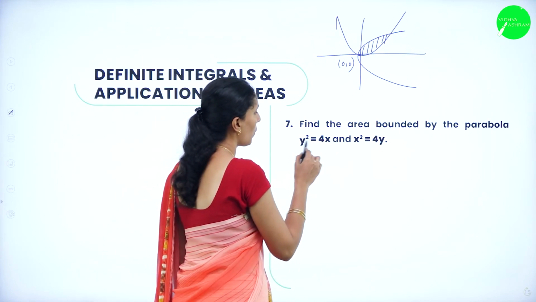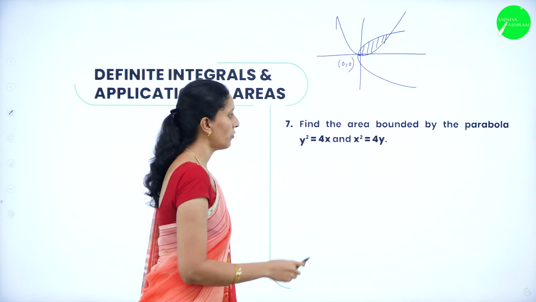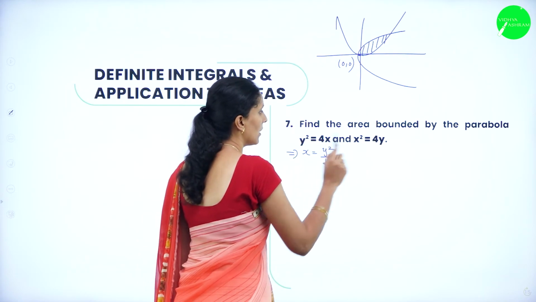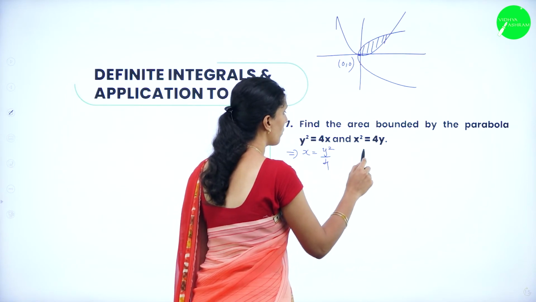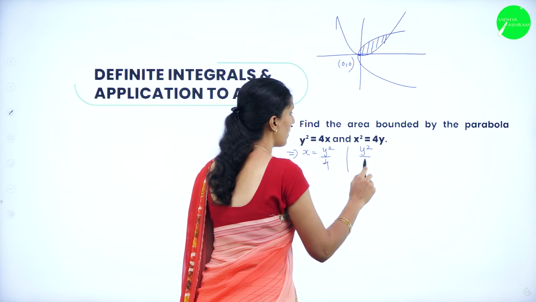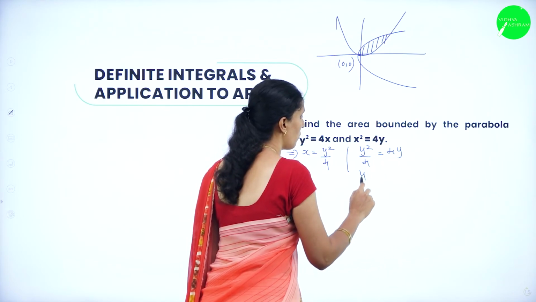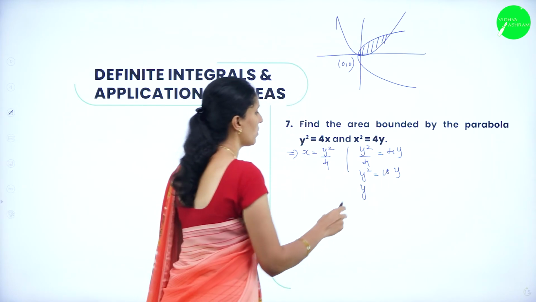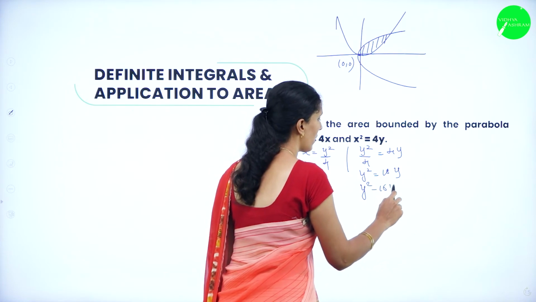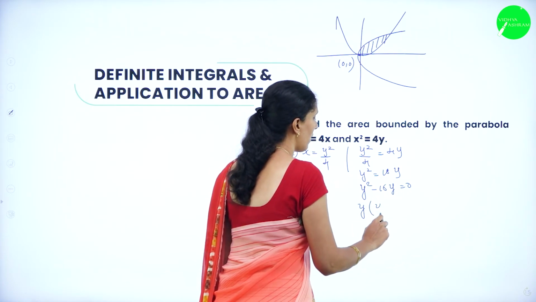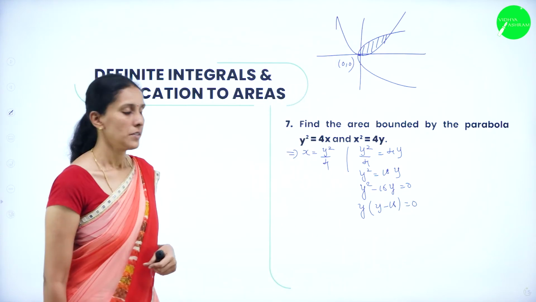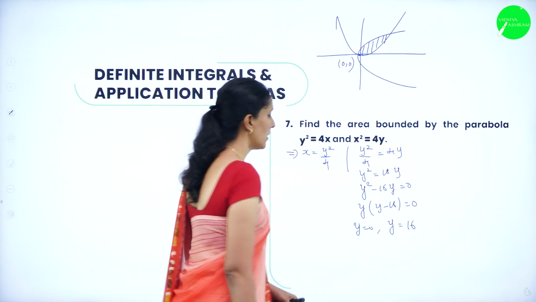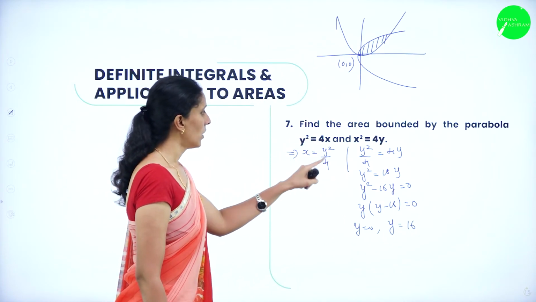So we have here y square is equal to 4x, x square is equal to 4y. So from this equation I can write x is equal to y square by 4. So here let us equate this. X square is nothing but (y square by 4) whole square, which is equal to 4y. So y to the power 4 is equal to 64y. Y you can take common. So one equation, y to the power 4 minus 64y is equal to 0. So here I can take y is equal to 0 and y is equal to 4. So if y is equal to 0, here what is x?